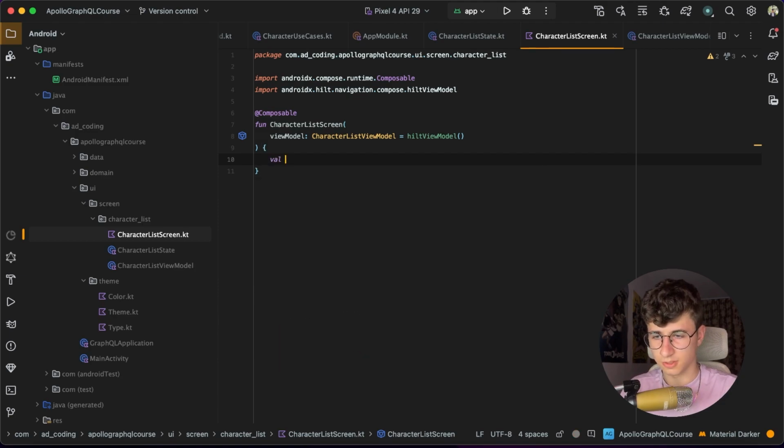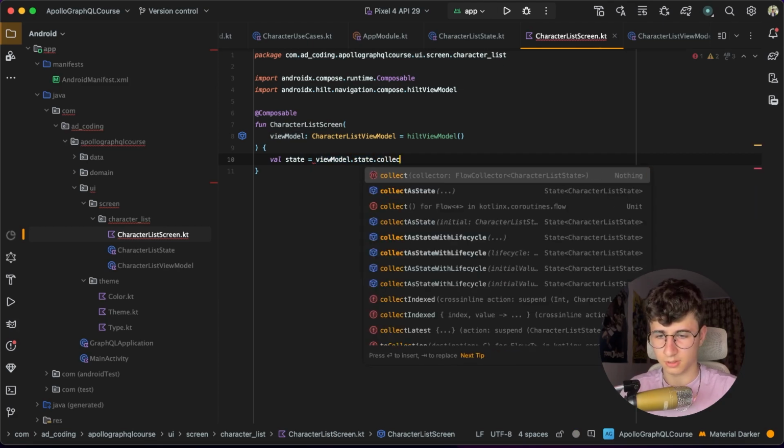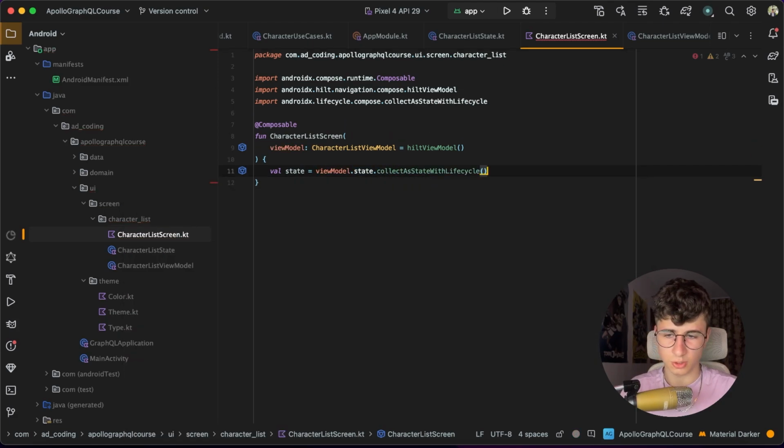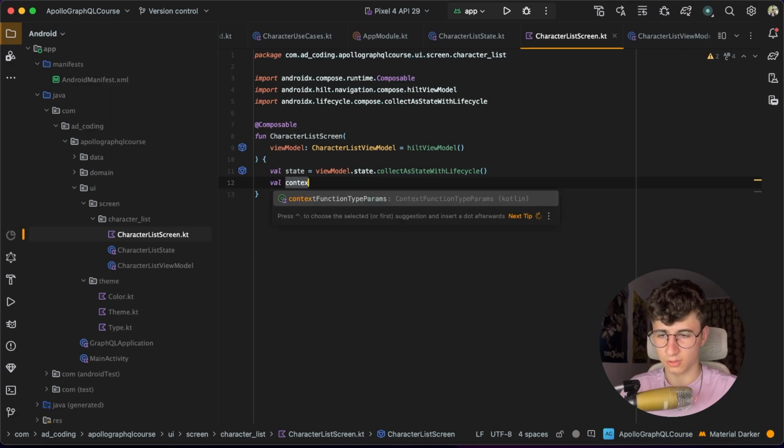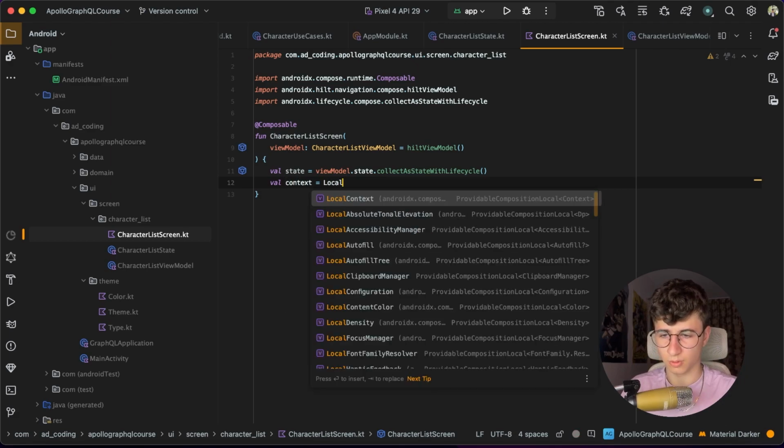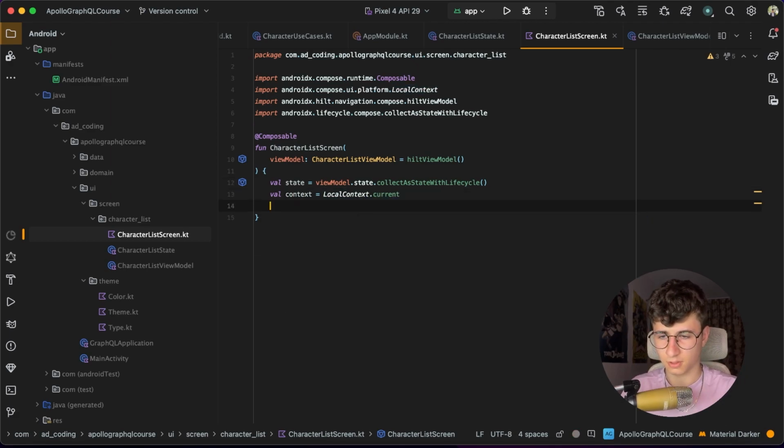And now let's observe the state. So state is equal to viewModel.state, collectAsStateWithLifecycle, and this will collect the state in lifecycle aware manner. And now let's also get the context that we'll use when we display the asynchronous image